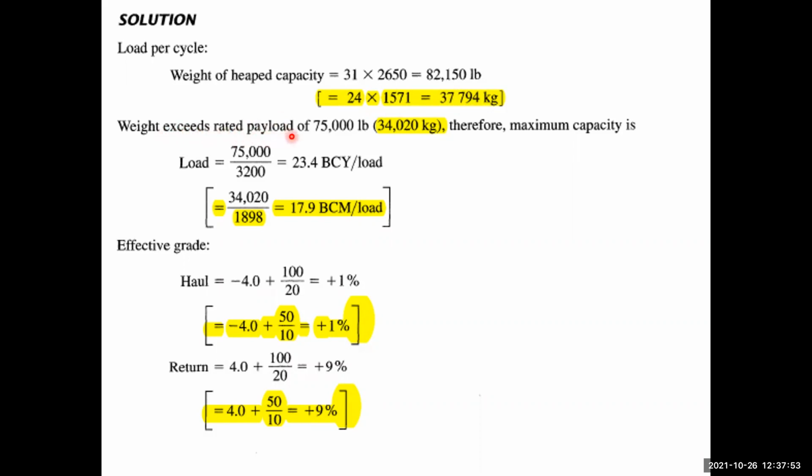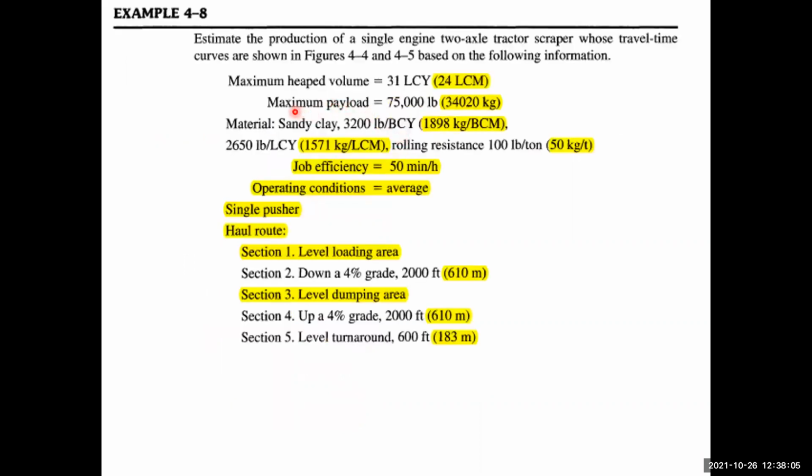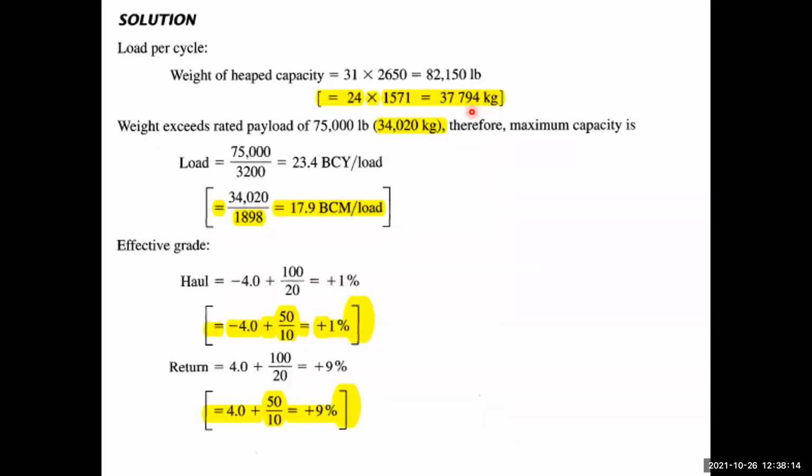The weight exceeds the rated payload of 34,020 kilograms. What has been said over here is that the maximum payload is 34,020 kilograms. The weight we calculated is 37,794 kilograms, so in this case we will not take 37,794 kilograms. We can only take 34,020 kilograms, because of course we cannot put more than this amount. So this 34,020 kilograms will be divided by